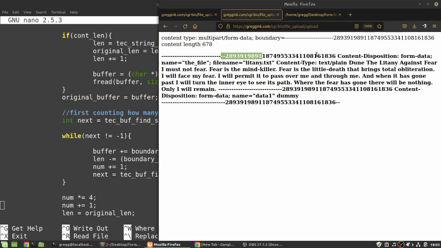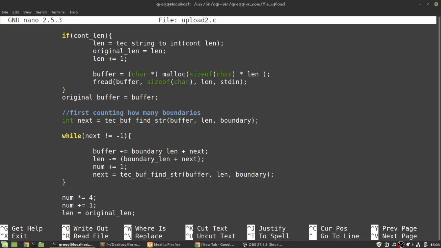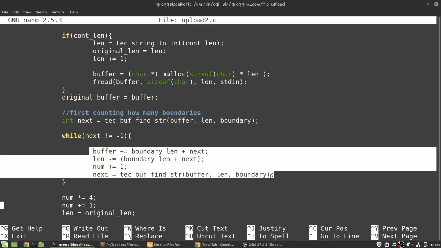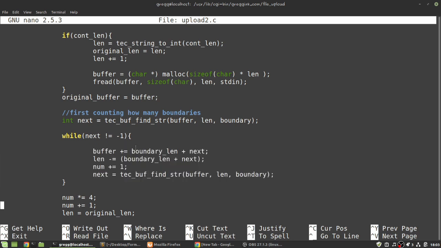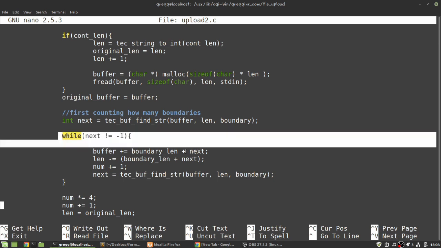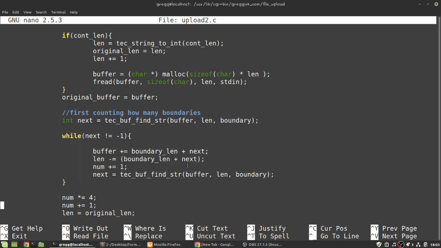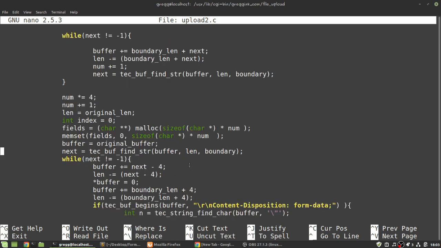Now, basically in this specific case, we know how many boundaries, but I'm trying to make sure that this code is going to work in as many different circumstances as possible. If I decide to change the form, I still want that code to work. So basically I count the number of boundaries. I have num boundaries. I multiply by 4